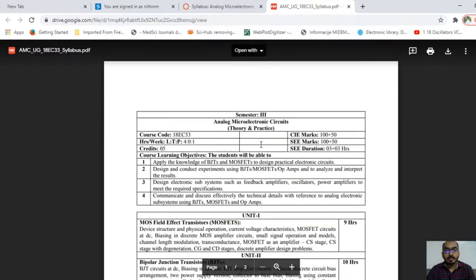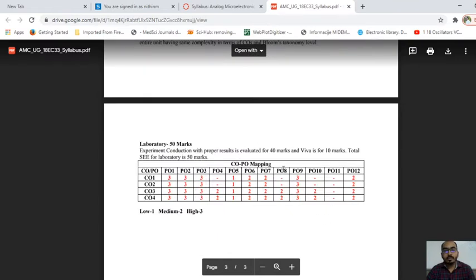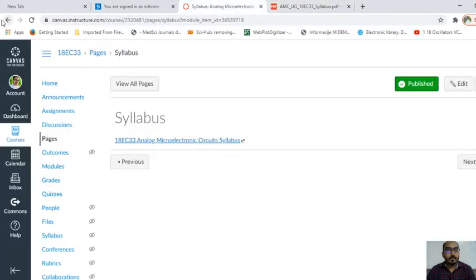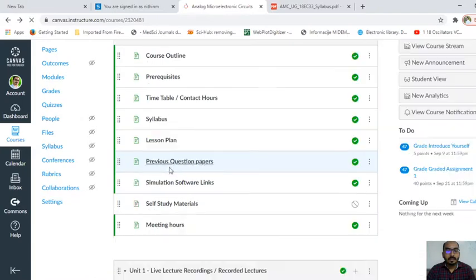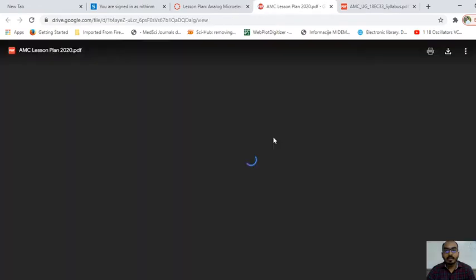So the syllabus is uploaded to Google Drive and that was shared here. So this is the syllabus, and in the syllabus even the COPO mapping is also kept. Next is the lesson plan. You can see the lesson plan is also shared through Google Drive and the link is provided.